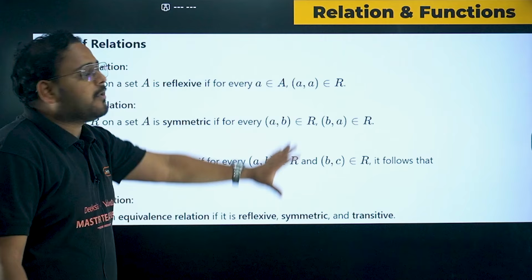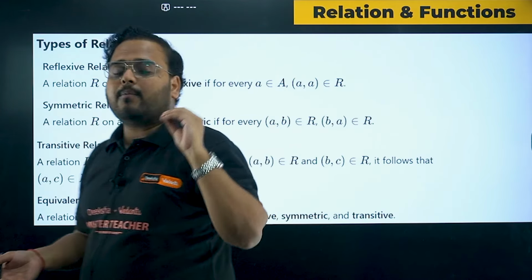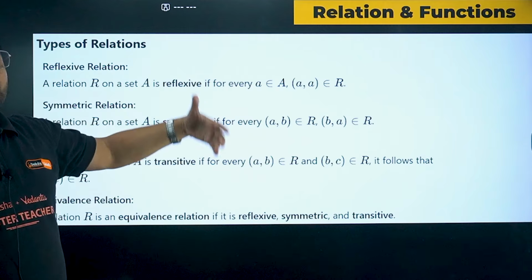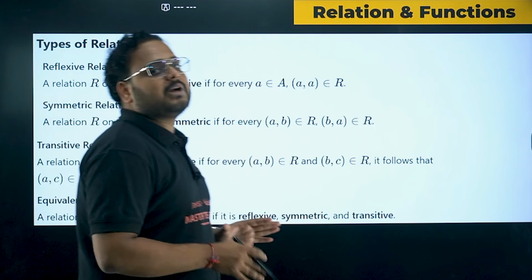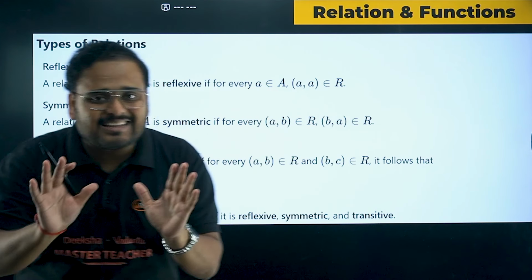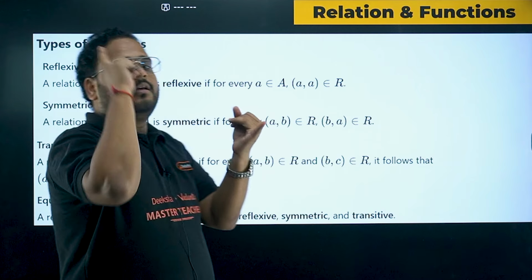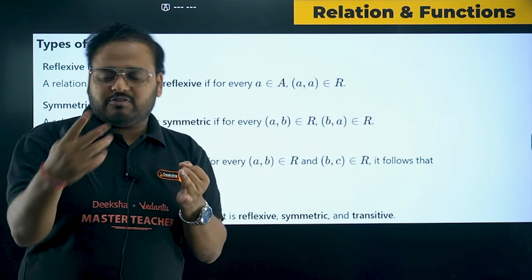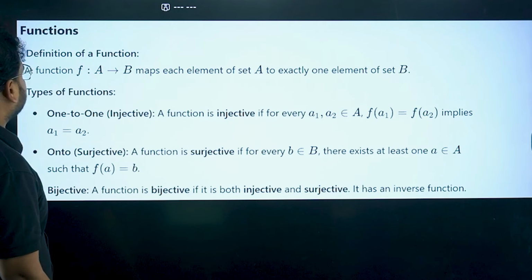Now, as we talk about relations and functions, I have given you the formula sheet. So what is important about this chapter? I'll show you the formulas. Please have a look. The important topics from this chapter will be equivalence relations and one-one onto functions. If you know how to find the inverse of a function, those type of questions, there are 3 categories: equivalence relation, one-one onto, which will help you in bijections, and then comes the invertible function. That's all from this chapter.